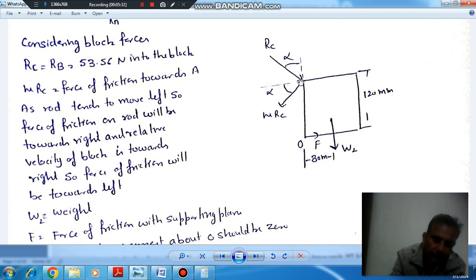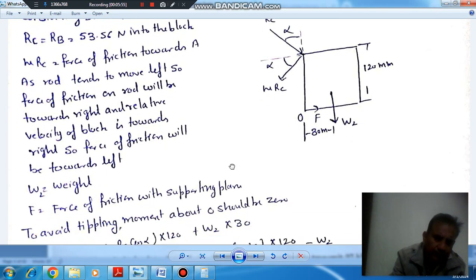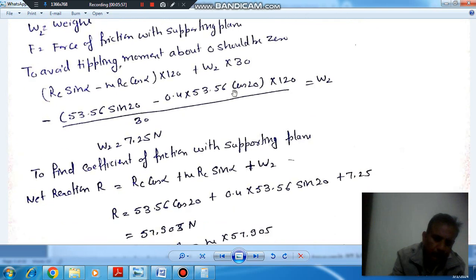So RC cos alpha plus mu RC sin alpha plus W2 is the vertical reaction, and mu R is your F. So F is equal to the applied force, that is RC sin alpha minus mu RC cos alpha. Okay, so just balancing force, we can find out the coefficient of